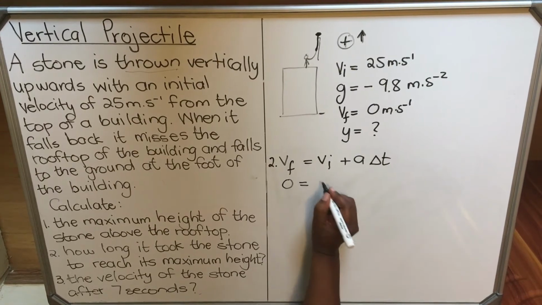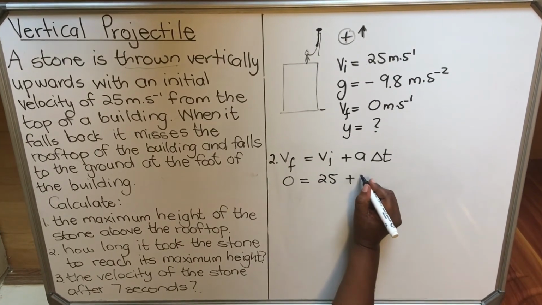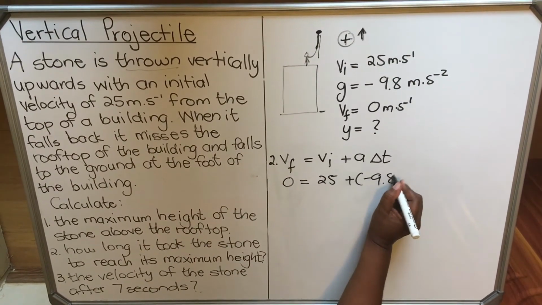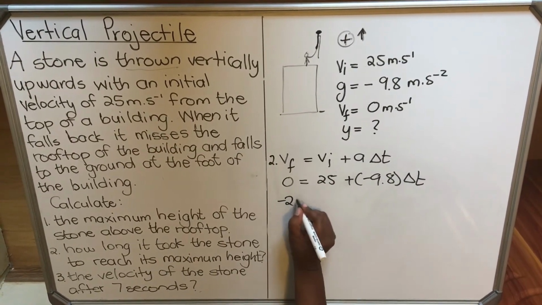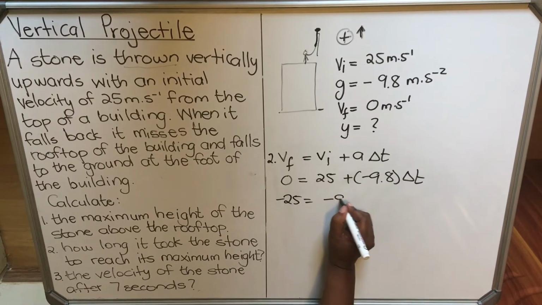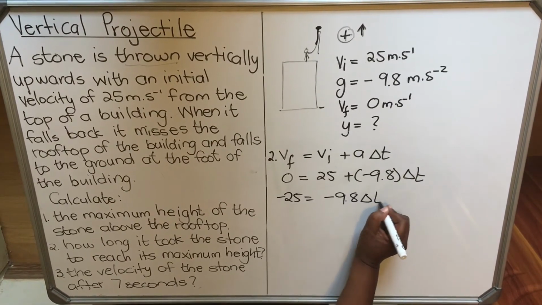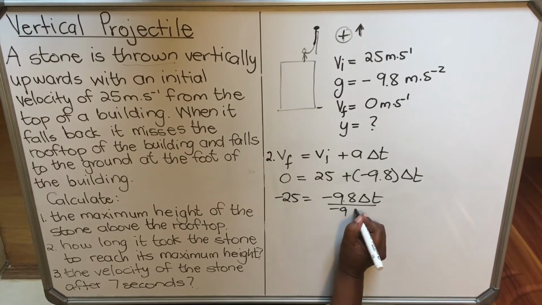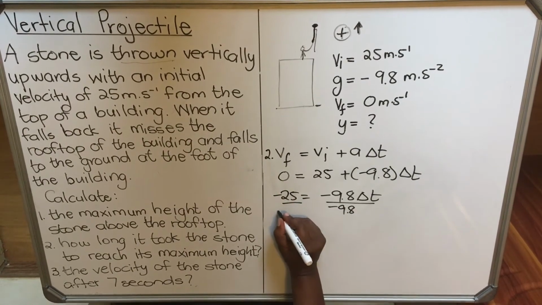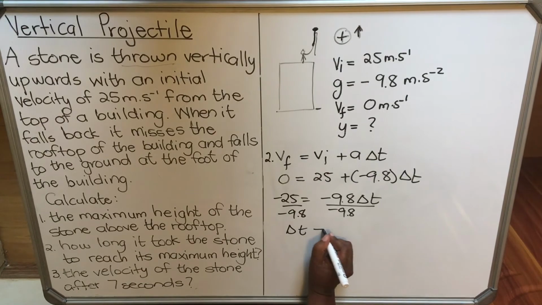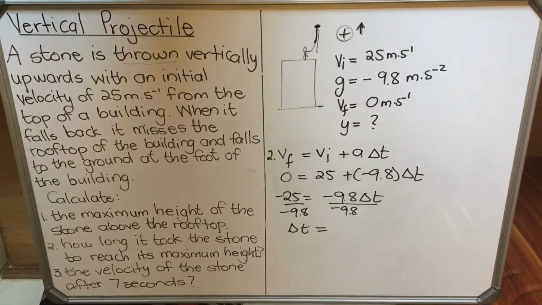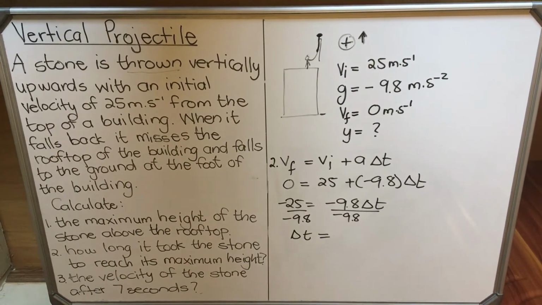So we have 0 equals 25 plus negative 9.8 times change in time. So it's basically the same as the first one: negative 9.8 change in t, then divide both sides by negative 9.8, and you calculate your change in time, and then you get that it's